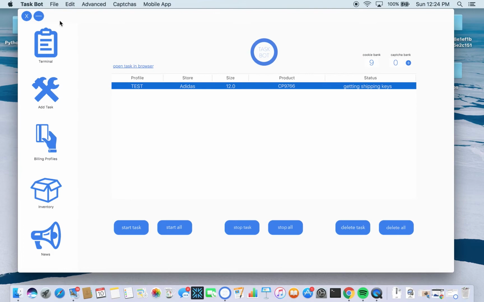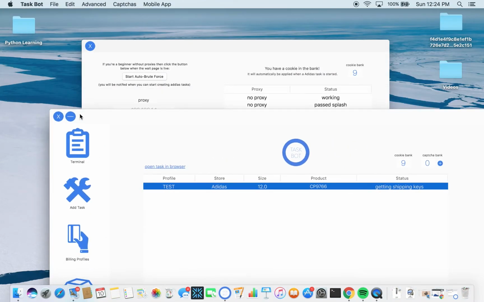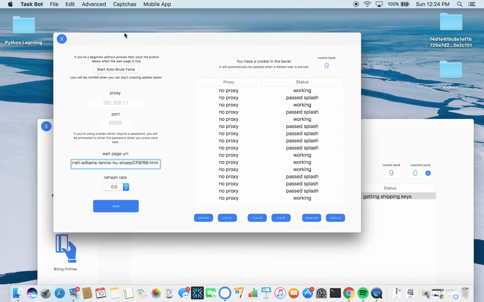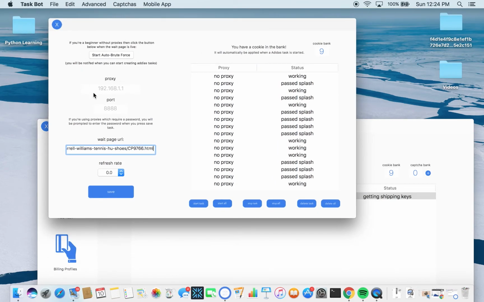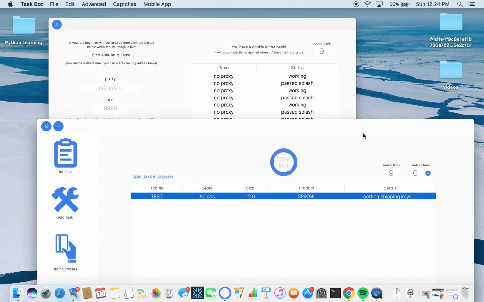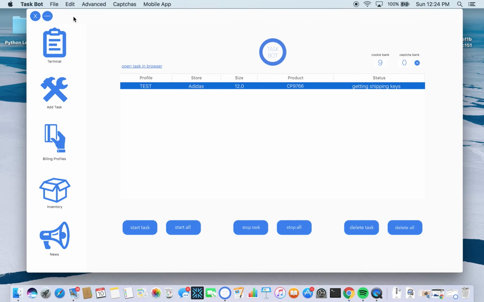So let's say the steps I'd do, review real quick, is you put all this in, put your proxies in. I'd make 100 tasks if I can. If you got 100 proxies, your proxies that rotate on every request, I'd go 100, 200 tasks. And I'd start the brute forcer, let this thing go. When it's going, hopefully you get past the ratio, 2 cookies to 100 or whatever. You get past, start your task, and then all you're going to be doing, if you got autofill